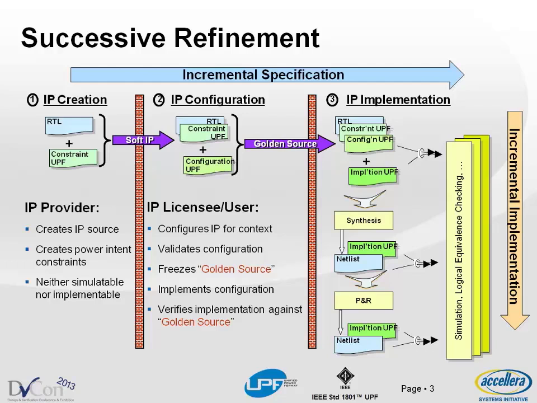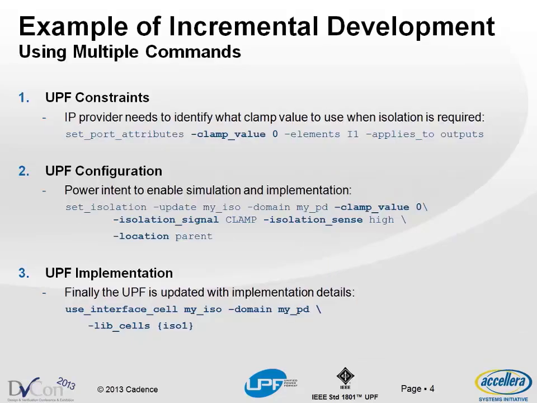I will give you some examples to cover each of the successive refinements. This is an example to show that we use multiple commands to address a power intent. Here, for example, you specify constraints, an attribute, say what's the value and where to put isolation. Now, look here. There's no information about what's the control signal. There's no information about what's the library cell to use for isolation because we are at the